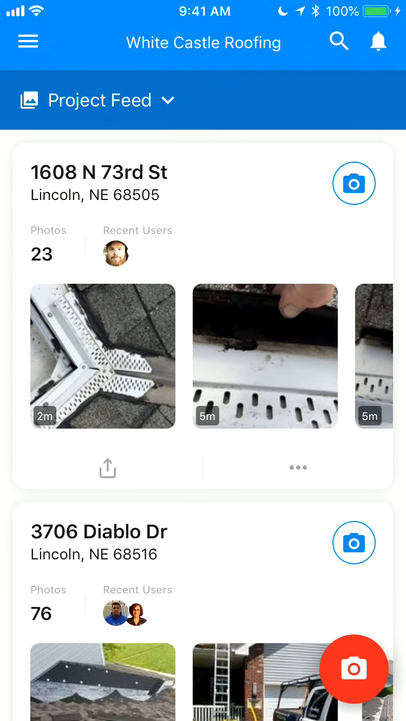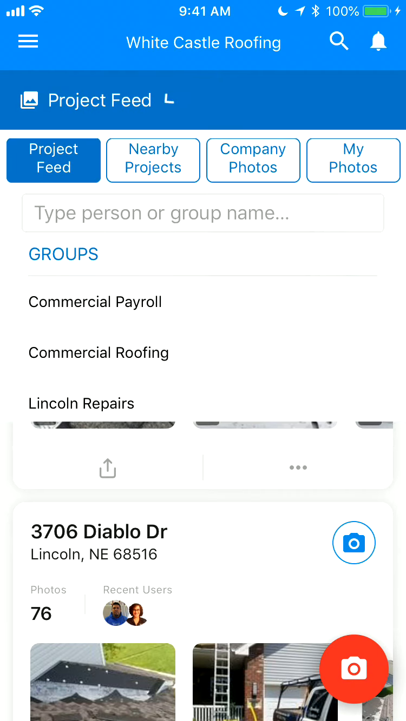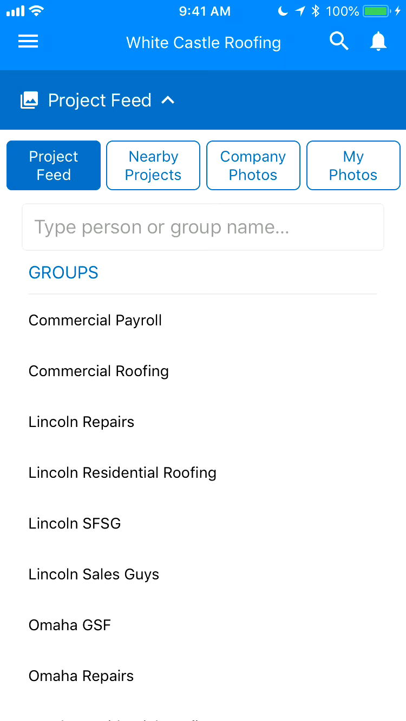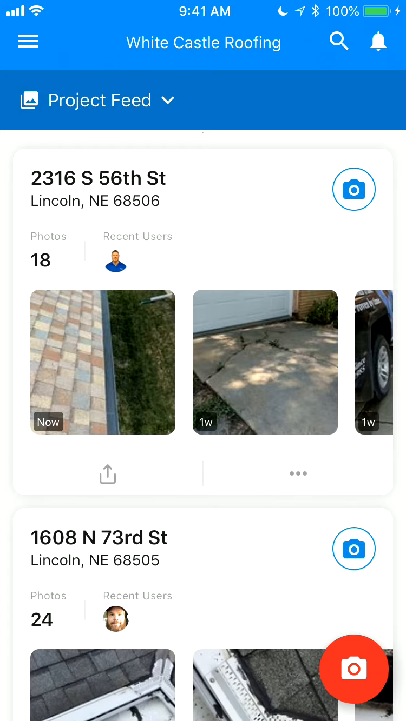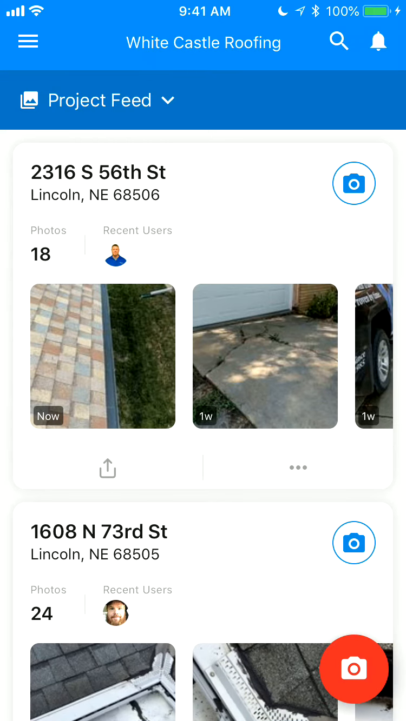Now, this is your home screen. This is what's going to happen right when you open the app. You can set this to be the project feed, nearby project, company photos, or photos that you've taken, or you can have your different groups displayed within the app. Typically, what's going to be in its preset is this project feed, and so what you can do is either you can go into one of the projects that are currently being taken photos of, or you can click here